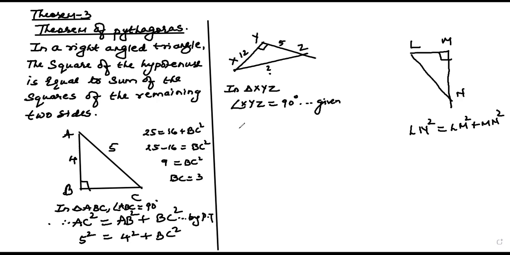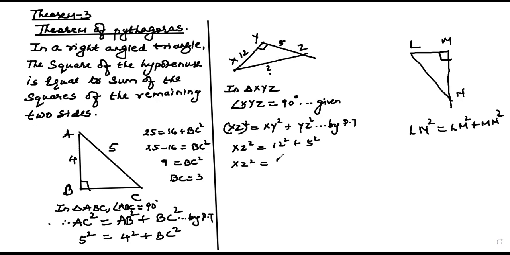सो व्हाट विल बी पाइथागोरस थ्योरम? देखो, XZ स्क्वायर इक्वल हाइपोटेन्यूज। नाम से भी देख सकते हैं, Y को छोड़ के बाकी दो लेटर XZ हाइपोटेन्यूज है। XZ स्क्वायर इक्वल XY स्क्वायर प्लस YZ स्क्वायर बाय पाइथागोरस थ्योरम। वैल्यूज डाल दो, XZ नहीं मालूम लेकिन बाकी दोनों मालूम हैं, 12 स्क्वायर प्लस 5 स्क्वायर, XZ स्क्वायर इक्वल 144 प्लस 25, XZ स्क्वायर इक्वल 169, XZ इक्वल रूट ऑफ 169, कितना आएगा बेटा? XZ इक्वल 13 यूनिट्स।